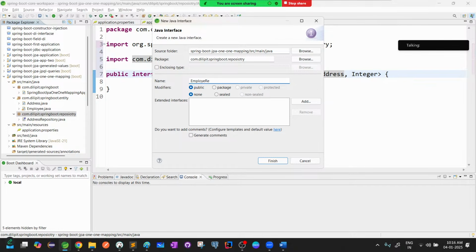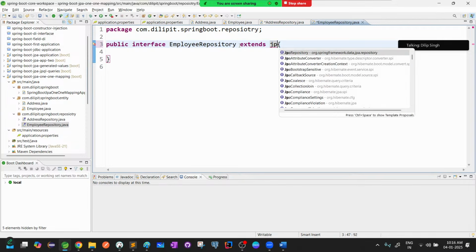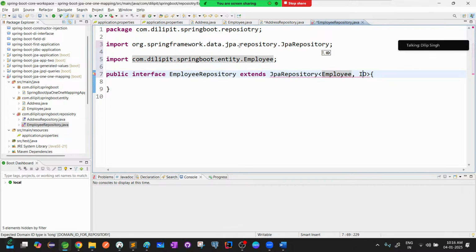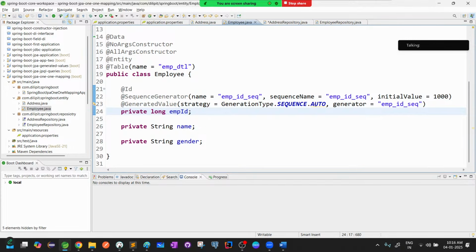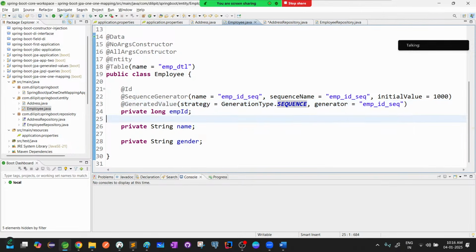Employee repository. So extends JpaRepository, and then Employee is the entity name, and internally you gave a Long identifier. So that's okay. Oh, sorry, here I have to give Integer. Okay, cool. So with this, we have just made two basic individual tables, but as of now, we